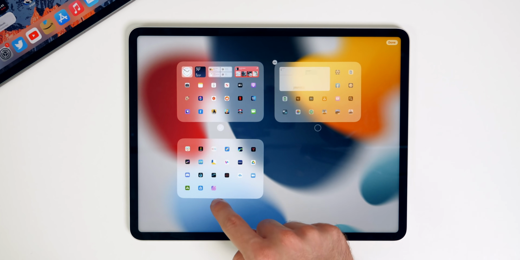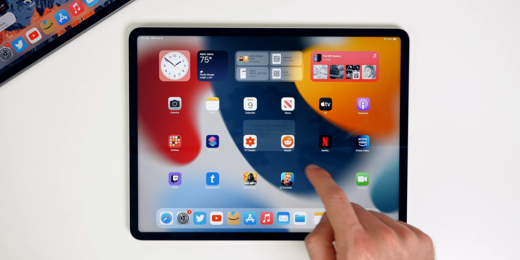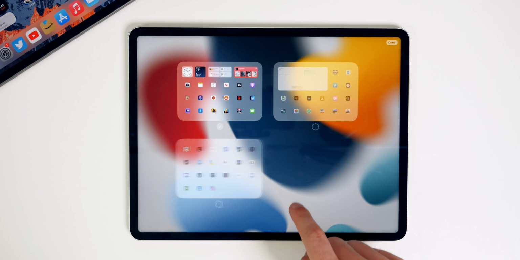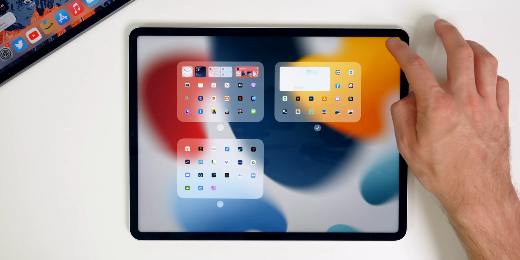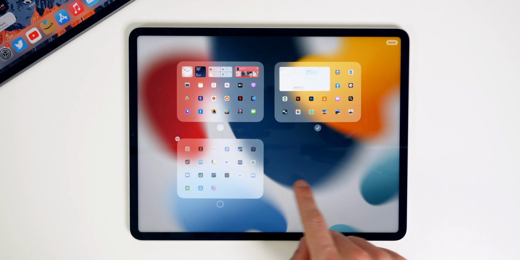And of course, if you wanted to hide the pages, you could just uncheck them right there, tap on done, and go out of this, and you will see that you just have the one page right there. And to get them back, of course, you just go into here and check them off again. You'll notice that you can also delete entire pages, and that will send all of those applications back to the